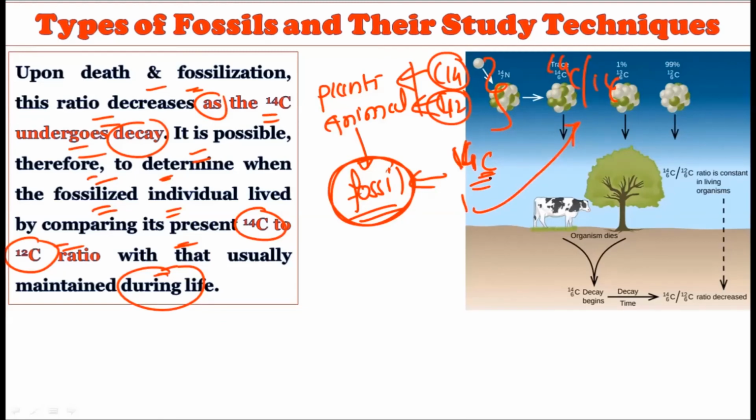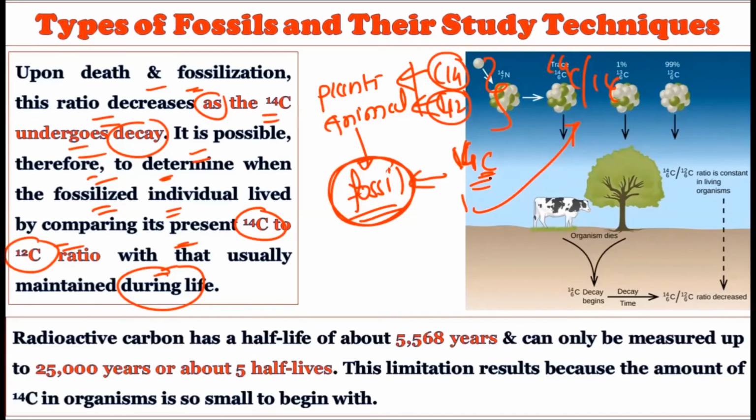Okay, so the carbon dating technique is a very famous technique in the category of fossil aging, in which we use the C14 and the C12 forms of carbon. And C14 is the radioactive element which slowly decays over a period of time in the body of the fossil, and due to this we can actually calculate the age of the fossil, right?